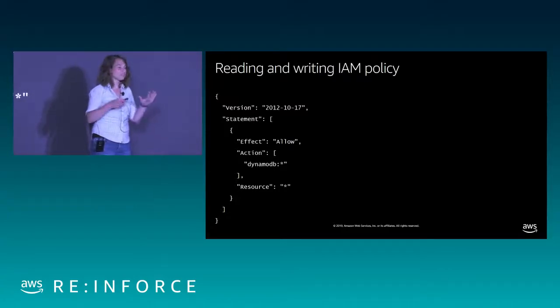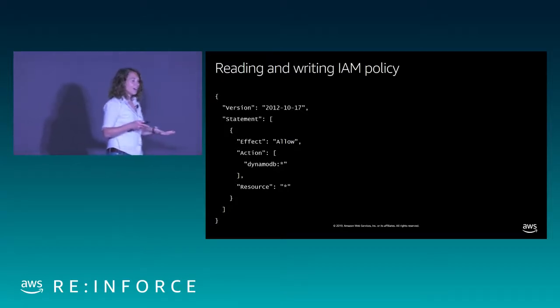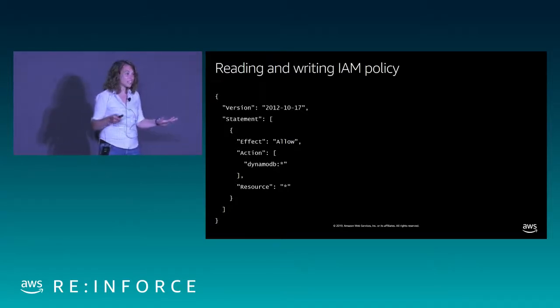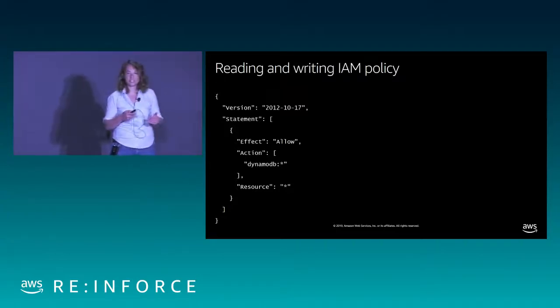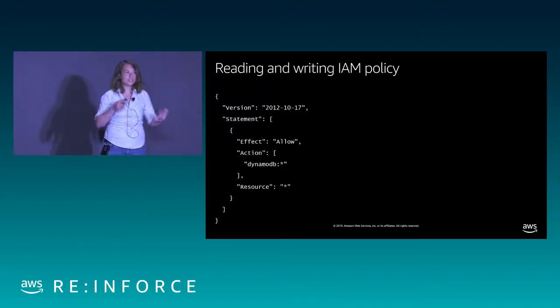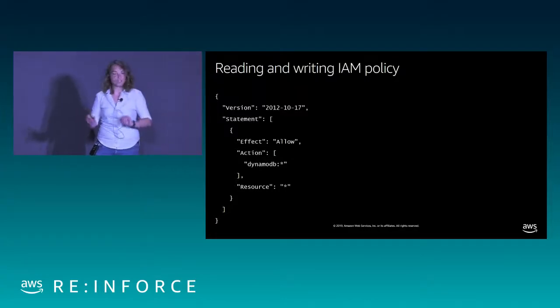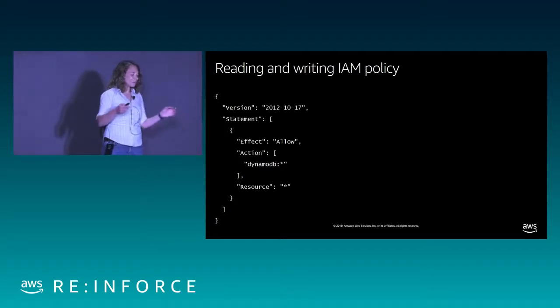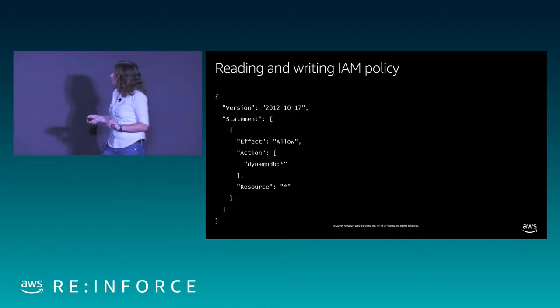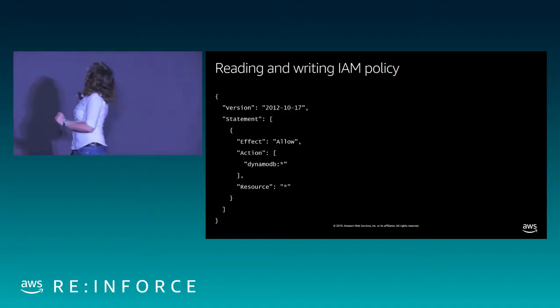Now, the fundamentals of reading and writing IAM policy are fairly straightforward. Again, repeatable patterns. Whereas each service has different kinds of conditions and actions that they support, if you learn the patterns here, you're going to be able to take our docs and write a good policy. So here, aside from a policy that just grants all access to everything, was the simplest policy I could think of. Okay, so what's going on here in this policy?